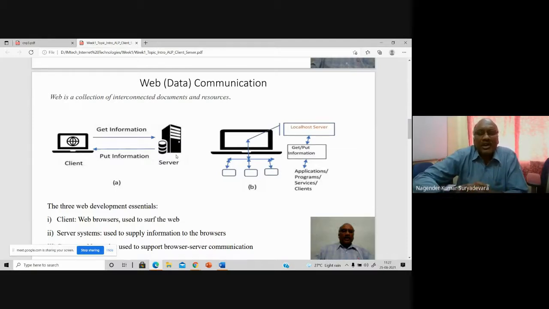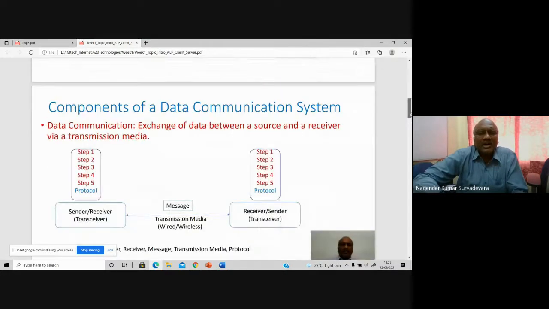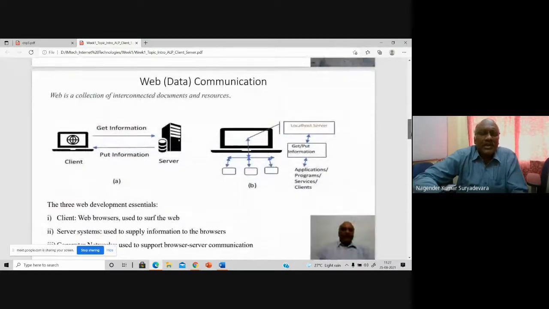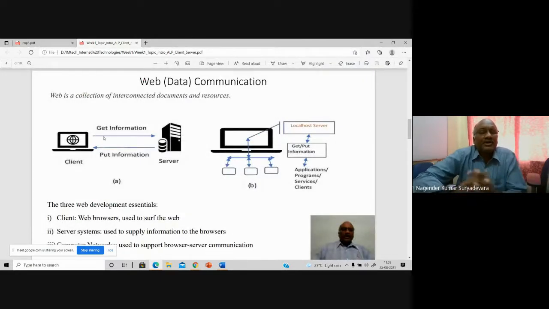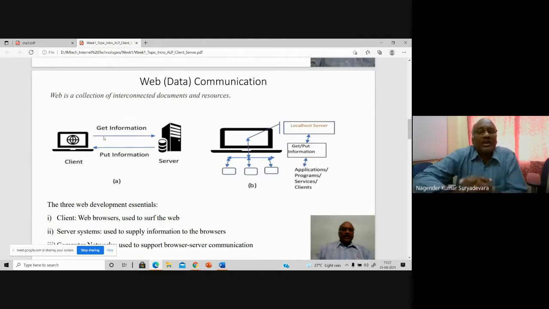It is not appropriate to use the word transceiver for this web communication, whereas for our digital communication, for our data communication system, you can use it as well, but it will become a subset here for a different context. Please remember, it is not always, it is only for certain contexts or certain conditions. Okay, now let me give you more clarity here.